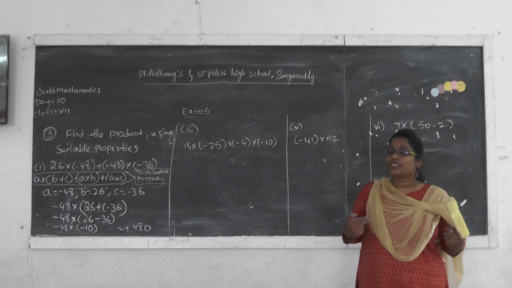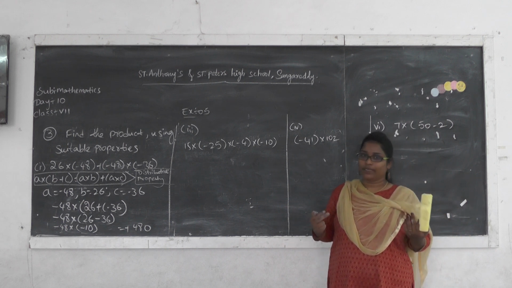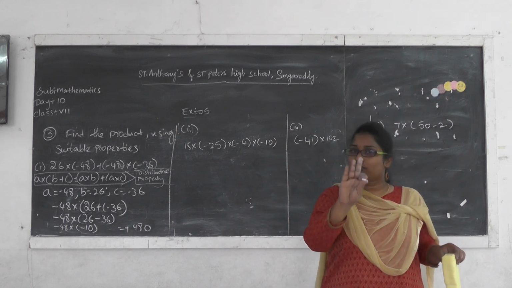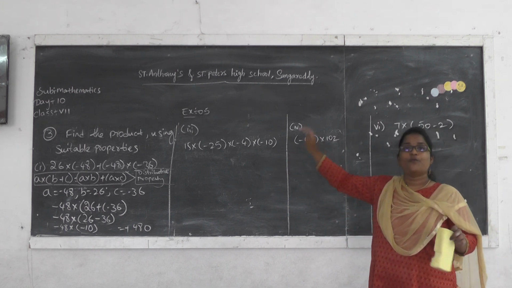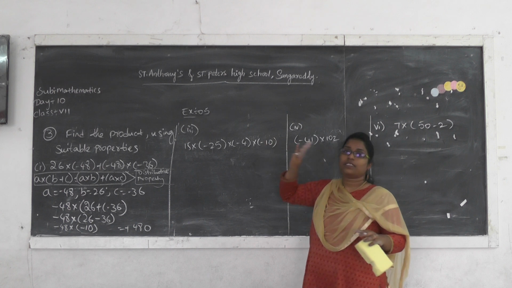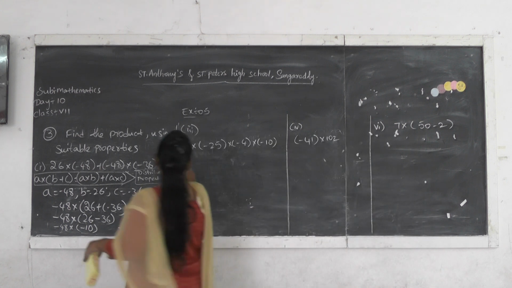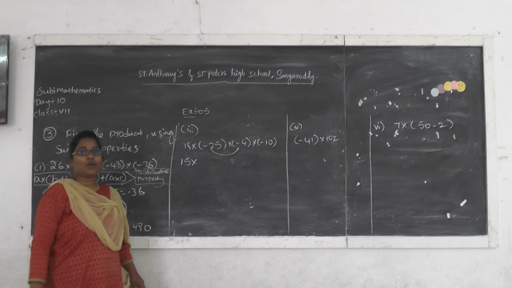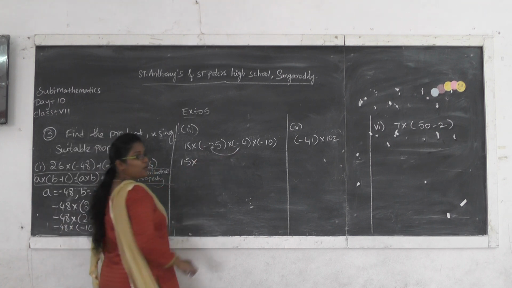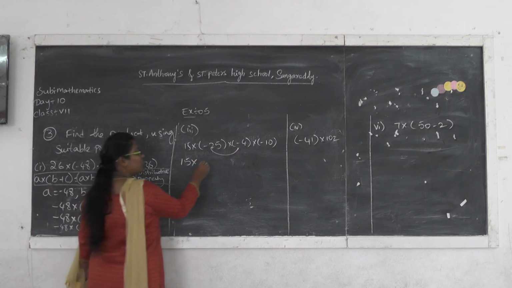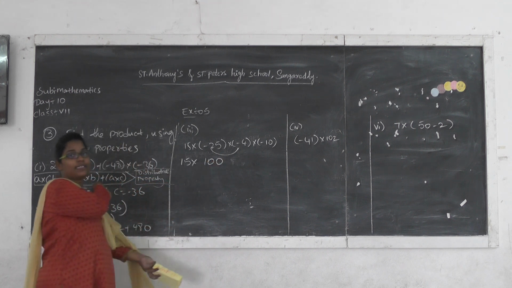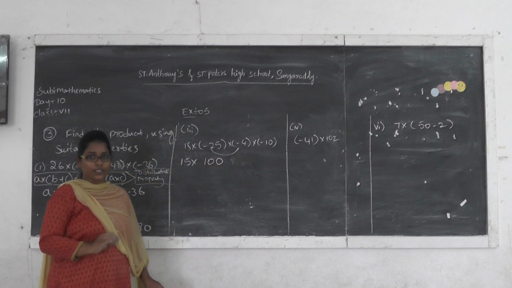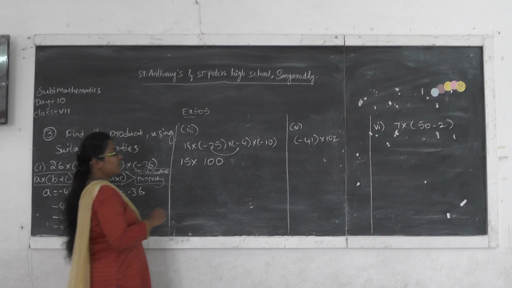So which property can we use here? Yes, we can use the associative property. But in the associative property, how many terms can we simplify? Only 3 terms. But how many terms do we have? 4 terms. So we have to make these 4 terms into 3 terms. How? Look here. First I will simplify these two. 25 fours are how much? 100. Both have negative signs, so what do we have to write? Plus 100. Since both have the same sign, the result is positive.